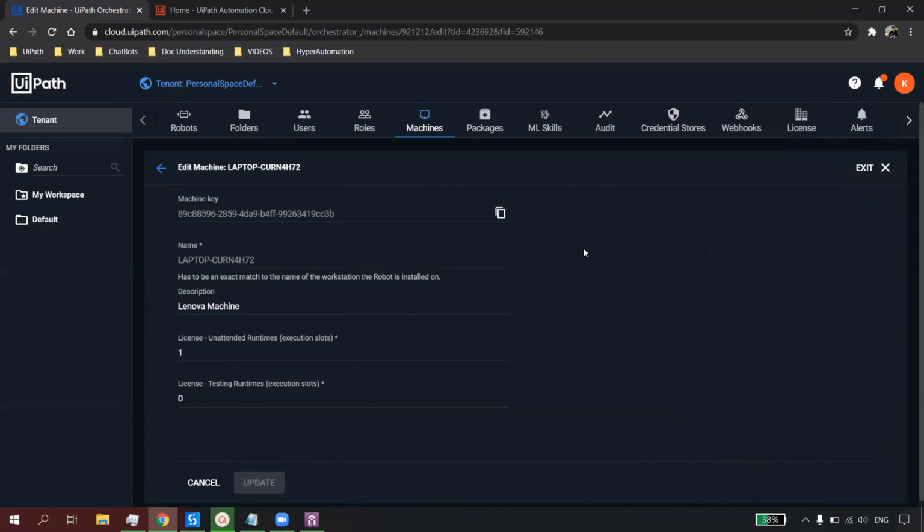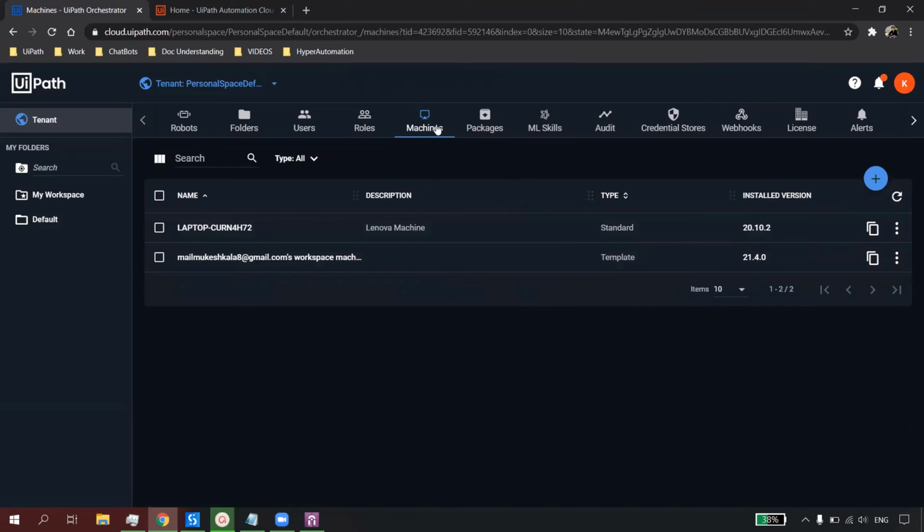Now the next thing UiPath Orchestrator will ask you is how many licenses you want to allocate. For this machine which you are seeing on the screen, I have allocated one unattended license like this. Now what will happen is whenever a robot is running on this machine, it is going to run in an unattended mode. So the first thing, we add a machine, we allocate a license. This thing is done, the machine is added, and this thing is done.